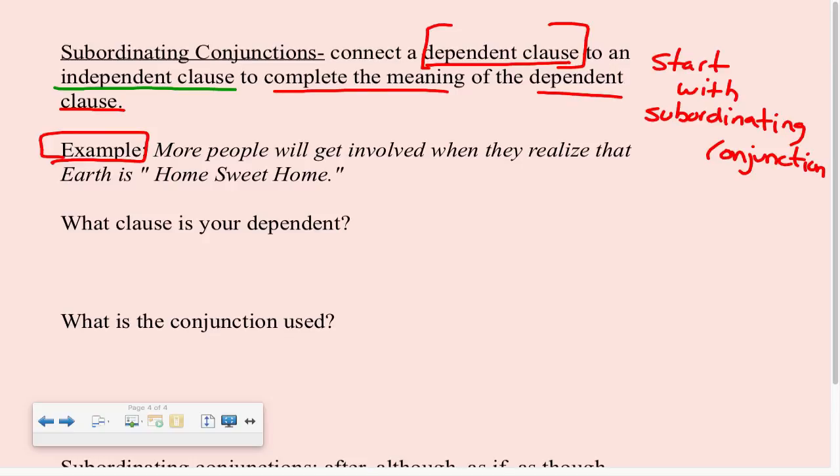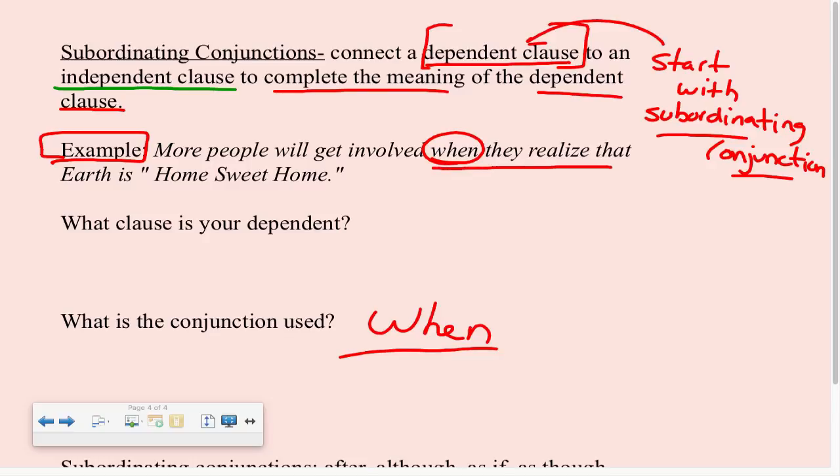When. So when is your subordinating conjunction, and we know that subordinating conjunctions connect a dependent clause to an independent clause. So that means the entire rest of this part